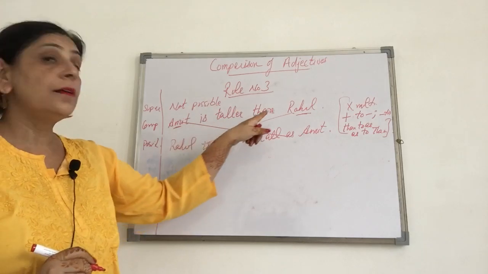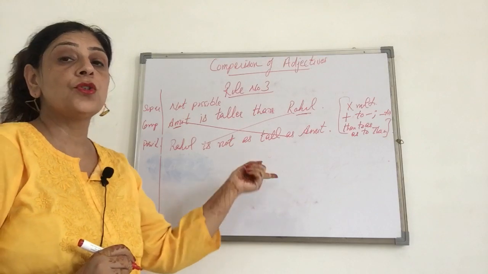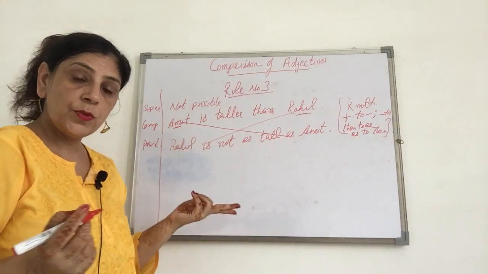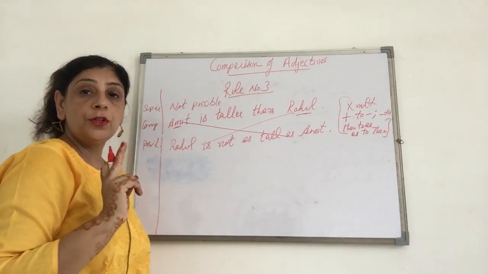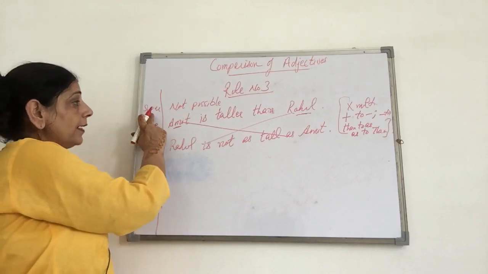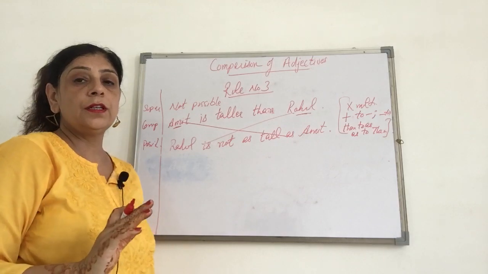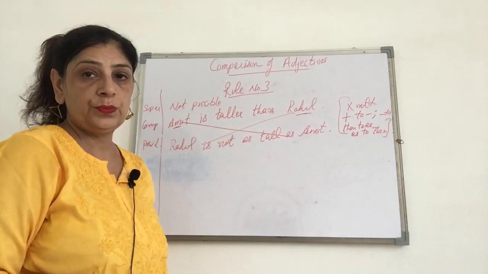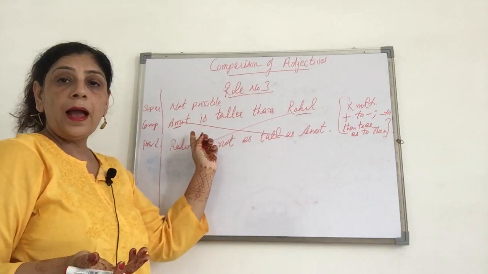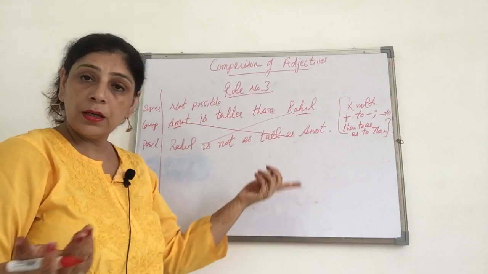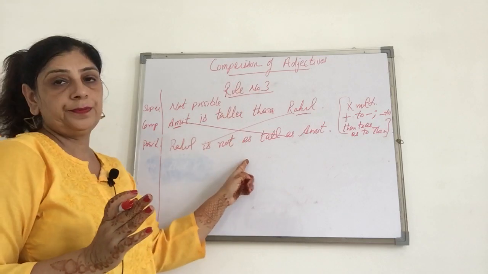To act is better than to sing. To sing is not as good as to act. Between two things. Okay? So that is how we do rule number 3 when only two things are given. That is why superlative degree is not possible, because in superlative degree there has to be more than 2. So whenever you get a question where there are two things, batting is better than bowling, again two things. So when the comparison is only between two, we use rule number 3.